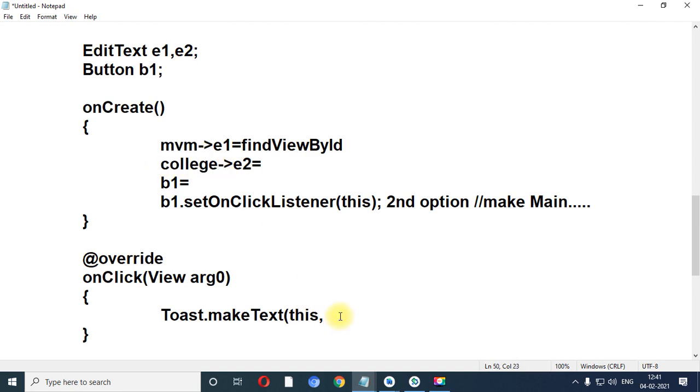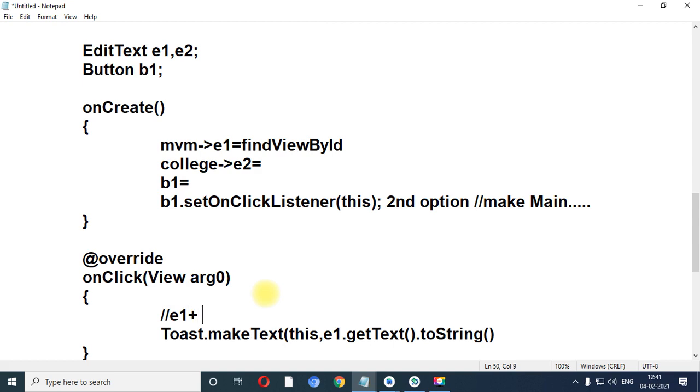So for that I have E1 dot get text method dot toString. I need to convert this text into a string. E1 is the name of the object through which I want to get the text. So E1 dot get text will return MVM and convert it into a string. Similarly, what is my requirement?